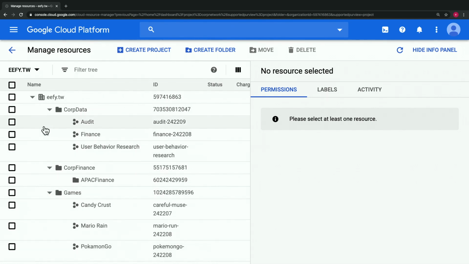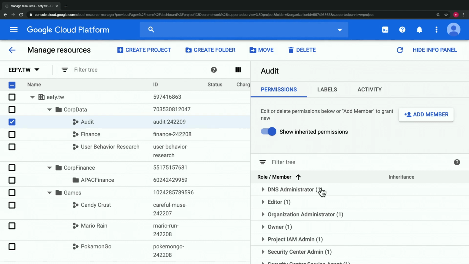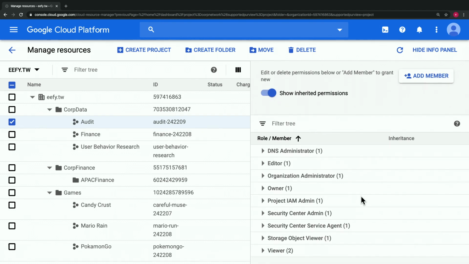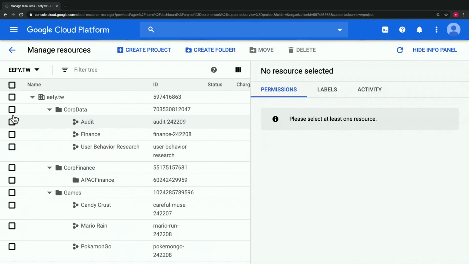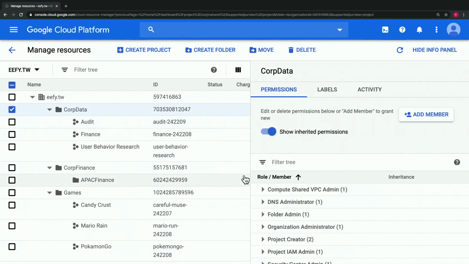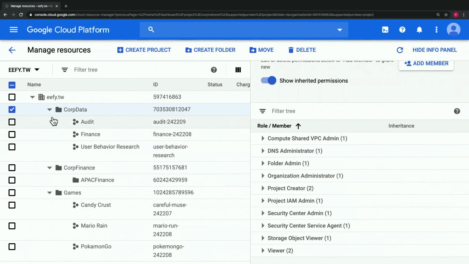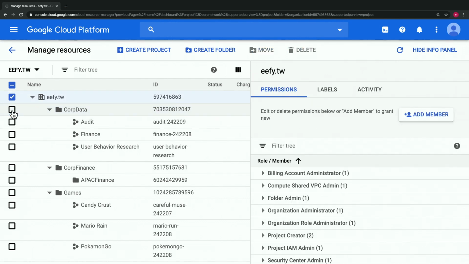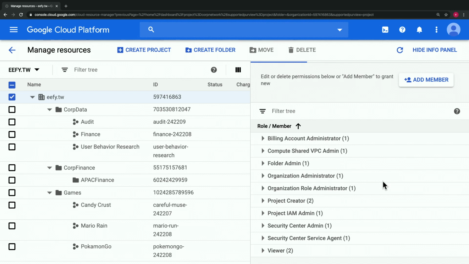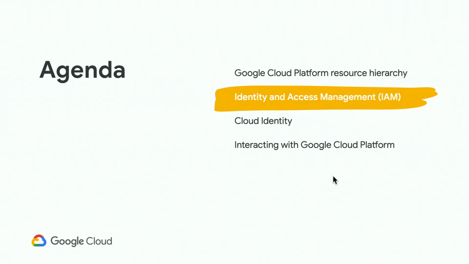So on each layer, if you click on it, you can define some policies here. This is the way that you can do some project level things, to put some policies on it, or you want to go for some folder levels, or you can go for the organization levels. So there are different ways you can do it, and then they will go with inheritance. So good, that's the demo, and then we still have something to talk about, which is